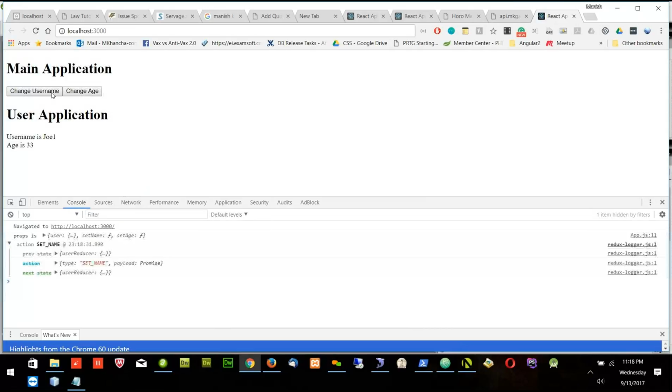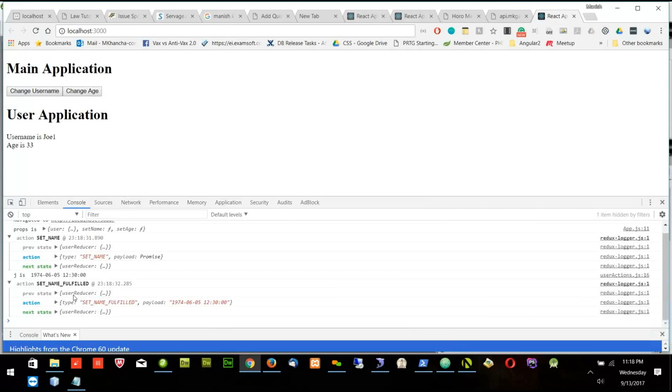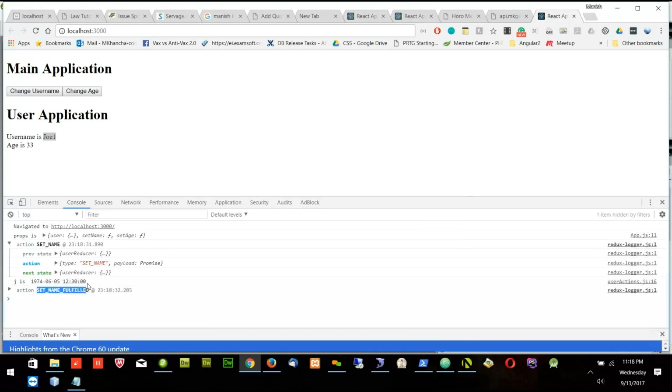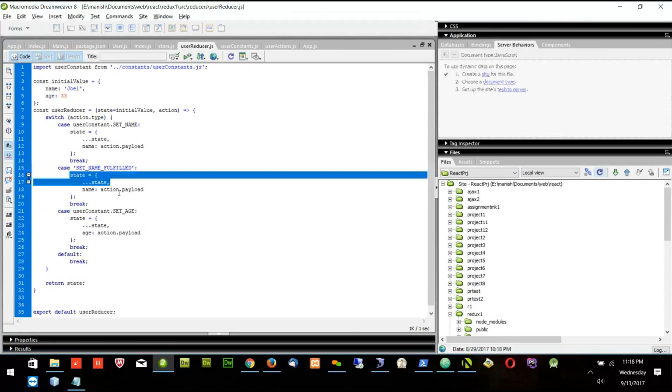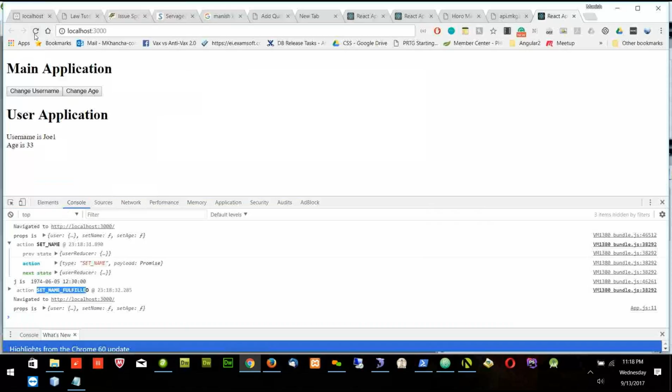If I change name, though it is coming from the server, name is not changed here because I don't have the fulfilled one to update the state. Now if I pull the fulfilled, that means it will go here and it will update the state. If I refresh it,